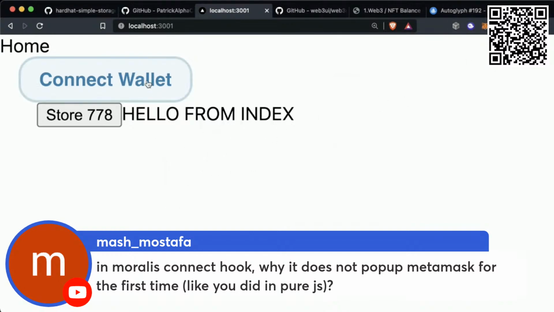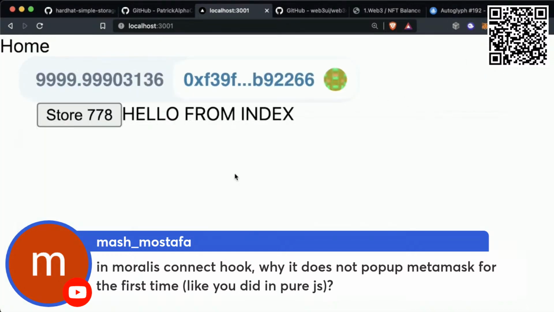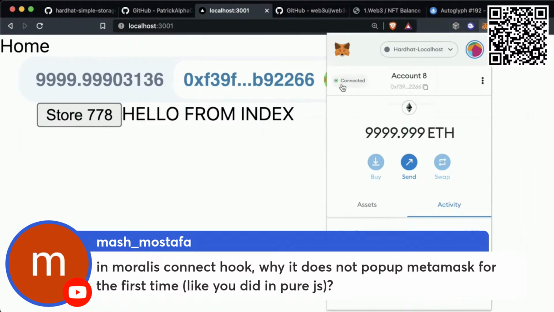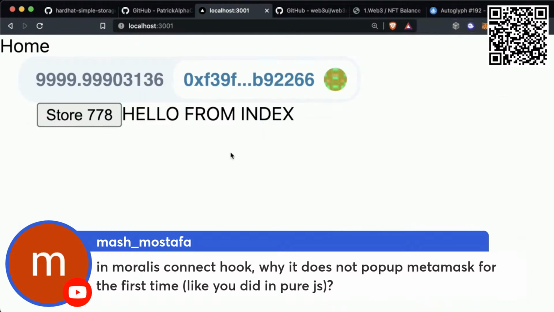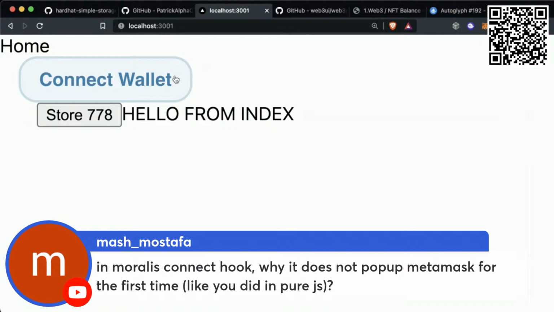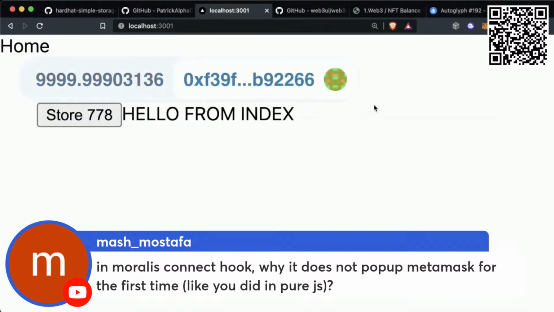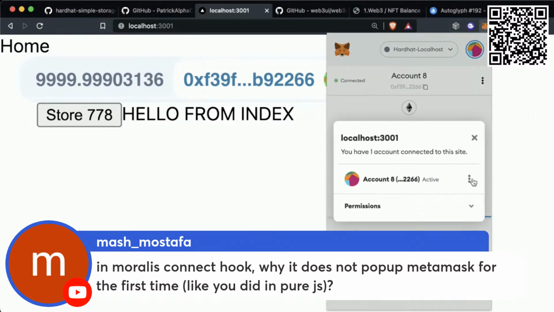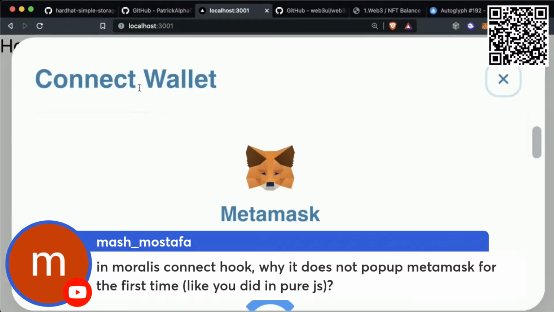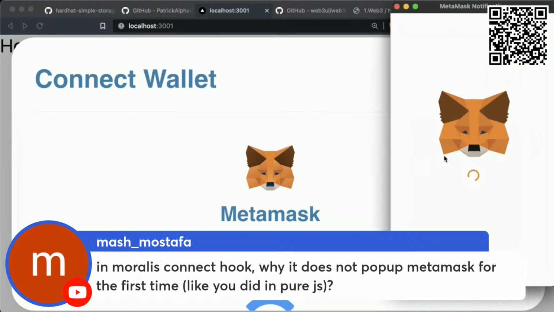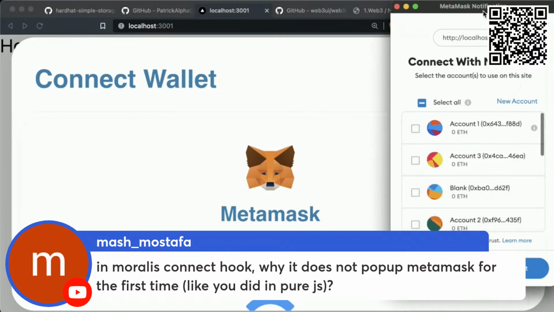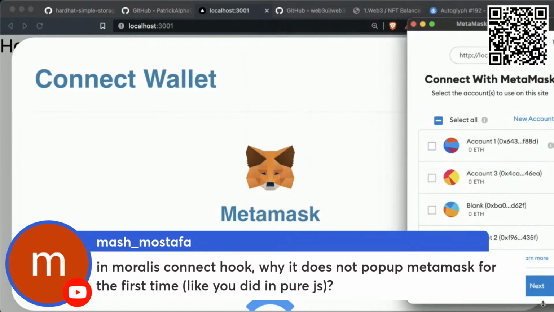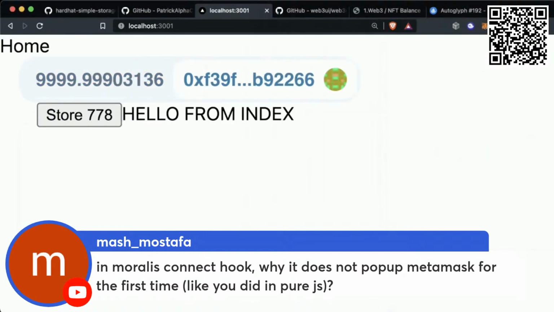So my app thinks I'm disconnected, MetaMask thinks I'm connected. So if I hit connect, our app goes, hey MetaMask, can we connect? MetaMask goes, you're already connected. You're good. And then our app goes, oh, okay, cool. So that's why we can just rip around and do this. But when I disconnect here, now if I go reconnect, MetaMask pops up and goes, oh, well, let's get authorization first. And then we connect, and then life is good.